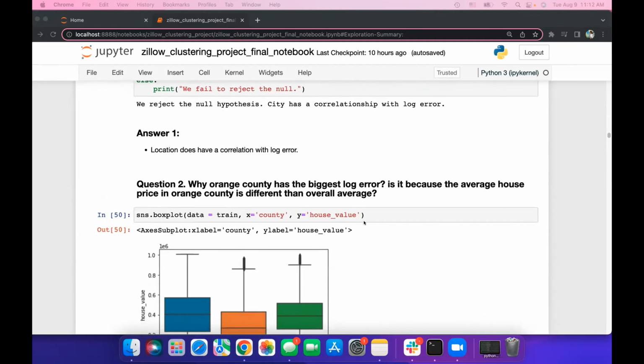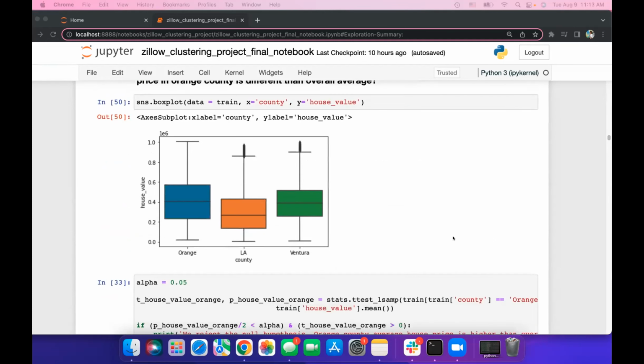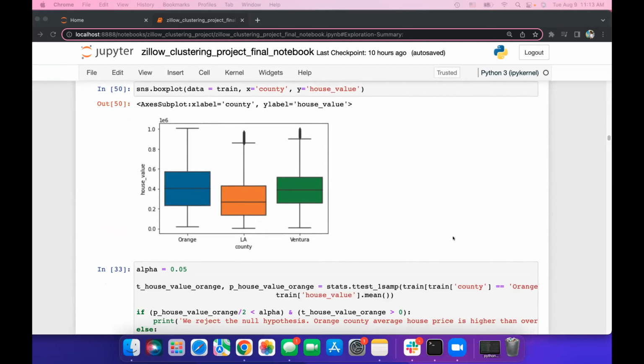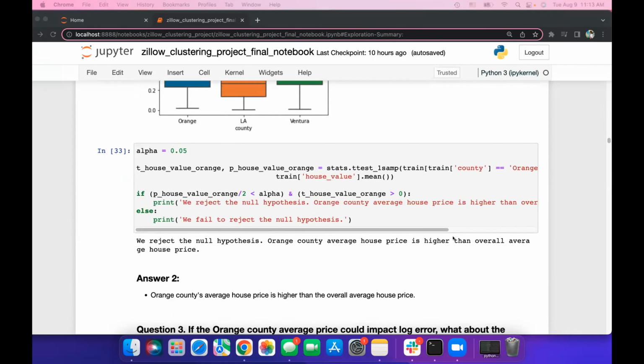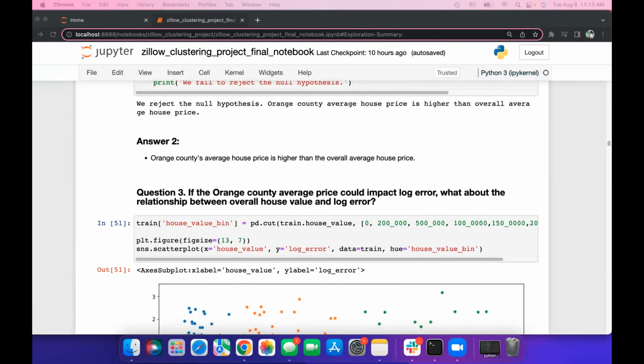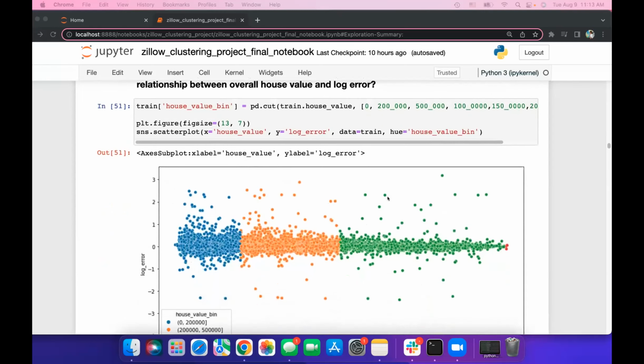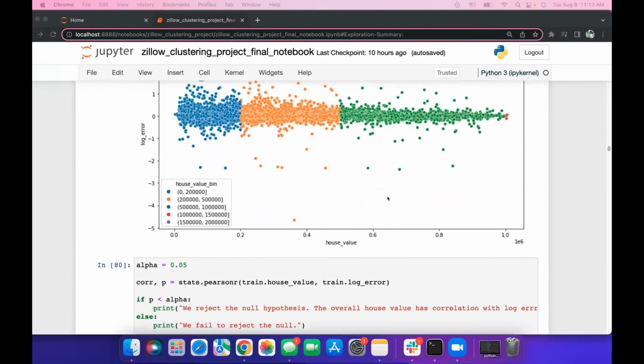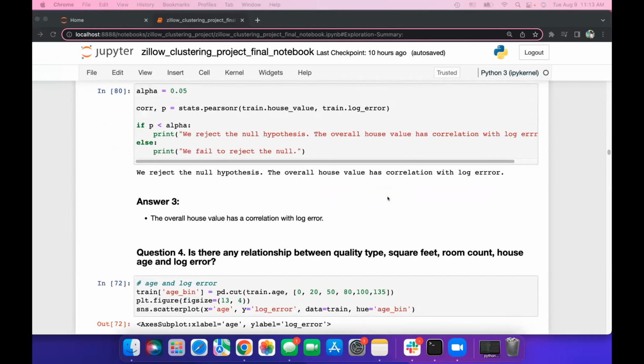The second question is, is Orange County's average house price different than the overall average? The chart and the statistical test also show us Orange County's average house price is higher than the average. The third one, what about the relationship between overall house value and the log error? From the scatter plot and also the statistic tables, it shows the house value has a correlation with the log